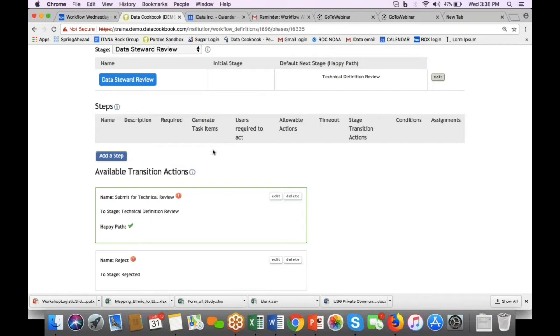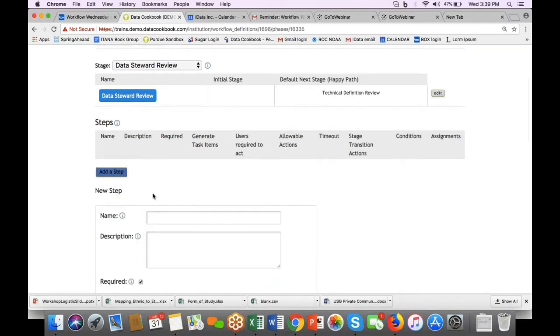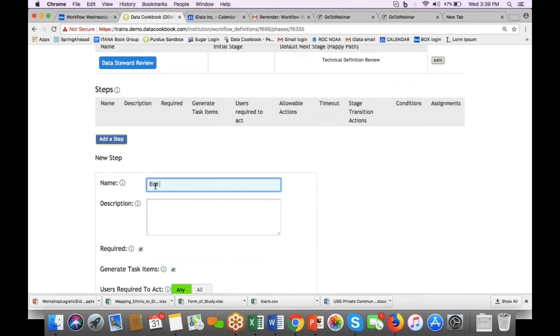Now I'm going to pause here and slow down for just a second and talk about what I want to happen in this data steward review. I want an assignment mapping here. I want those definitions based on the functional area. I want them to go to the data steward for that functional area. So I want to use the assignment mapping for data stewards by functional area. So when I go to add a step, that's what the step name is called, steward